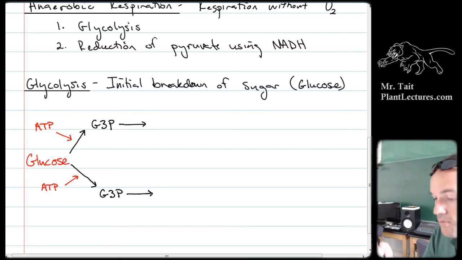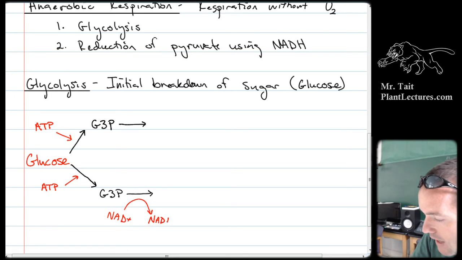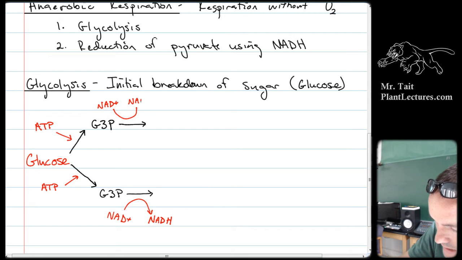2 high-energy electrons are pulled away from it. And when the 2 high-energy electrons are pulled away, you can use a molecule that is called NAD+. And you're going to create a molecule called NADH, right? By adding in those high-energy electrons. Right? So NAD+ becomes NADH. Okay? When you do that, you've taken 2 high-energy electrons away, and you get a molecule that is called